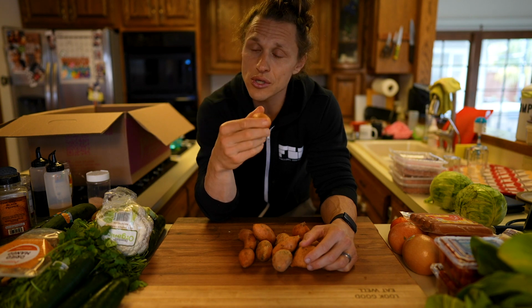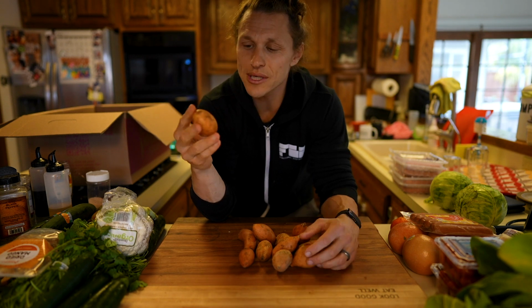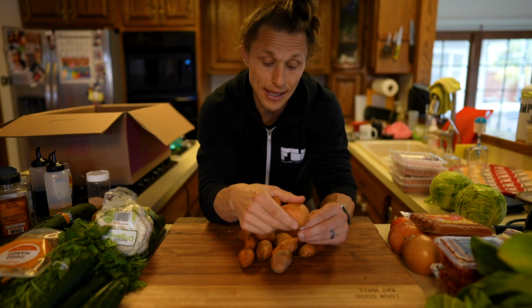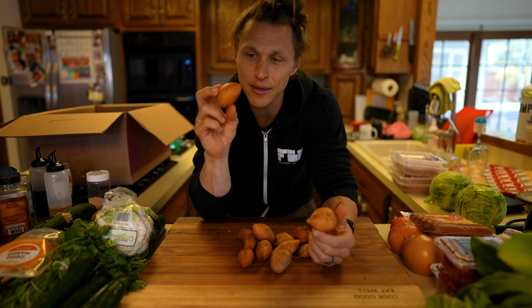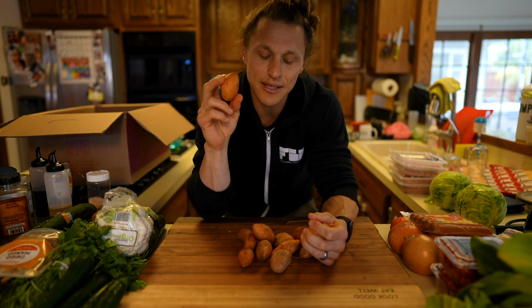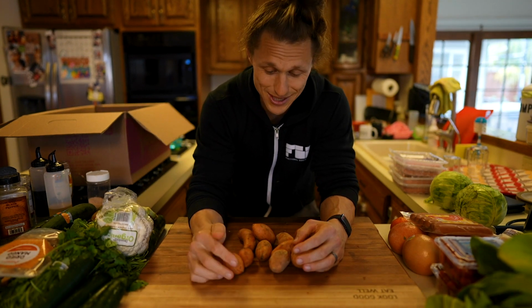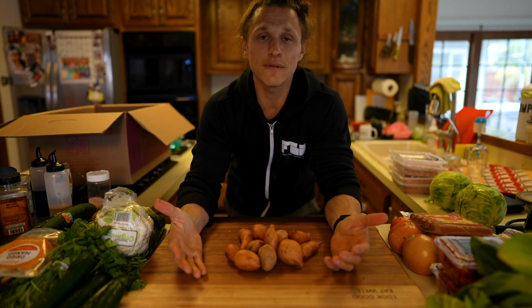And so Imperfect Produce goes to all these different farmers and vendors that have surplus, or have things that are misshapen or too small and won't sell on the racks, and they put them in these boxes. So you get really high quality produce that's just misshapen, and you're paying a fraction of the cost because you're rescuing the not so happy, cared for baby potatoes. But the bummer is that I hit the quantity button thinking I was going to get a decent amount of sweet potatoes, but they came and they're these little miniature ones, and so that's like one meal for me when I have